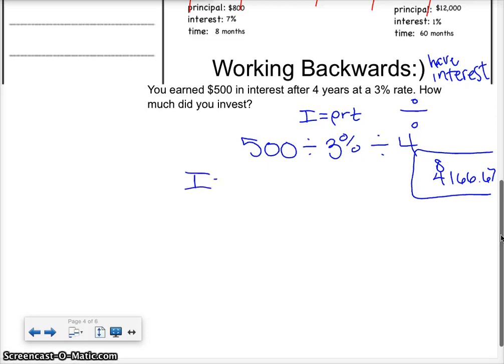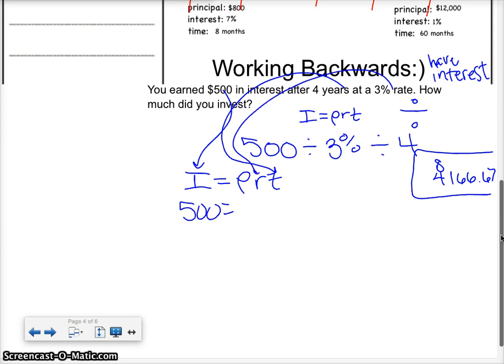Here, the formula is this. I have my interest, I have my time, I have my rate. So P is left over, you just hang it out at the end. So what's my rate? 3% times my time